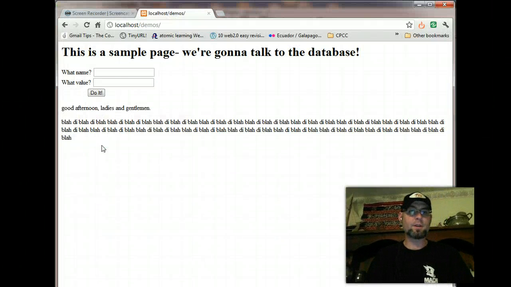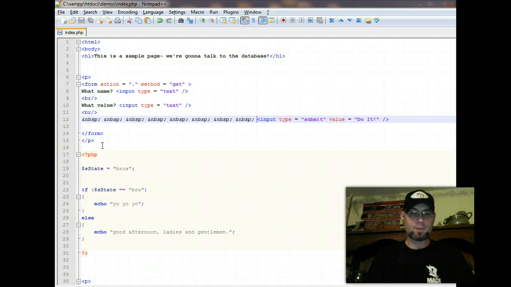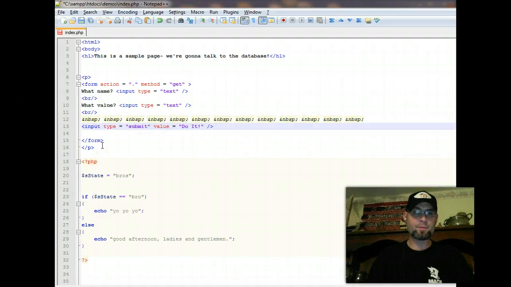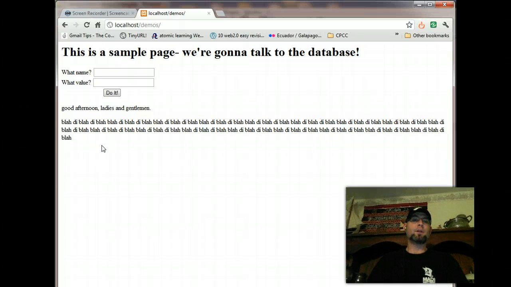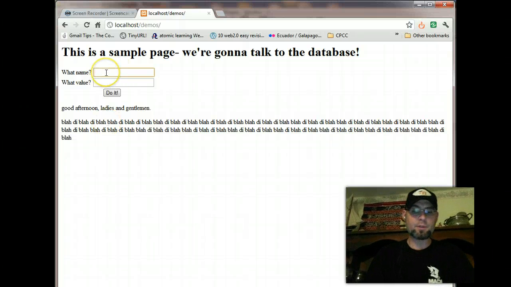Check it, and now I've got that. Paste a few more, and later on we could put it in a pretty table. Okay, so what name, what value. Now if I put some stuff there like Joe and 34 and hit do it, what happens is it loads this page, but you see up here we don't